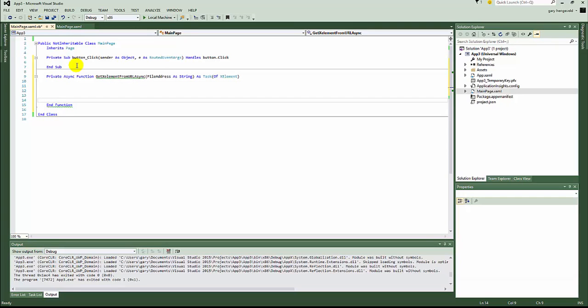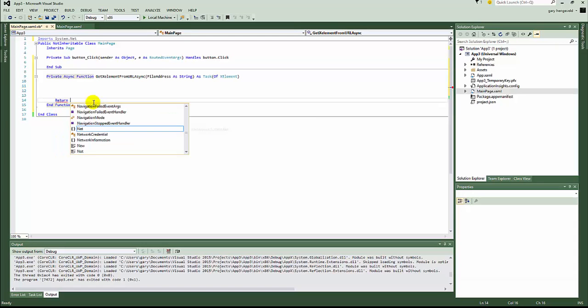Now first we need one import before I get any farther. So we need one import. We're going to import System.Net if you don't already have it imported, so we can use all the functions we need. And basically what we want to end up with is an XElement. So at the end of this function, we're going to return an XElement.Load,